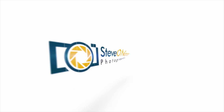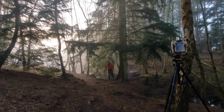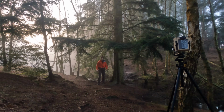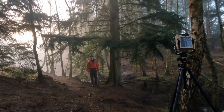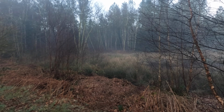Well, I did say last time I was here I needed to come back with the 4x5, so I have. Now, I have had great fun shooting this tree for the past year or so. Recently shot it with the Bronica, and I wasn't really happy with the results. They were average, as I said in the video. And I decided I'd come back with the 4x5 when conditions warranted it, and today is a good example of